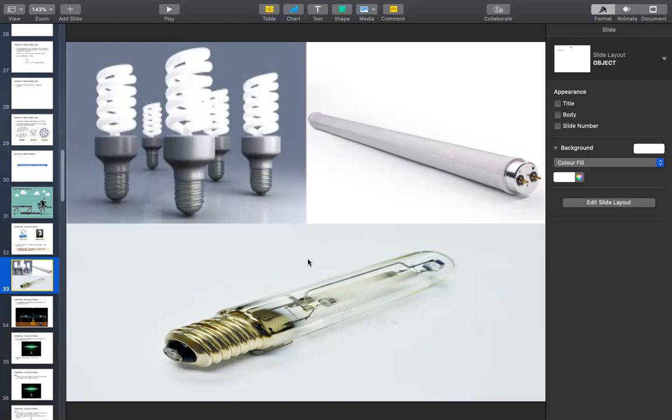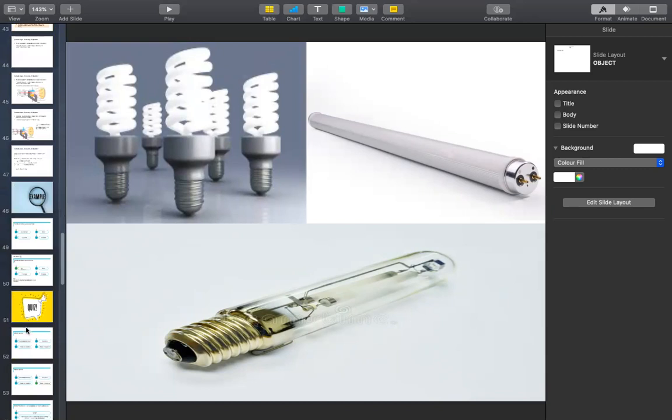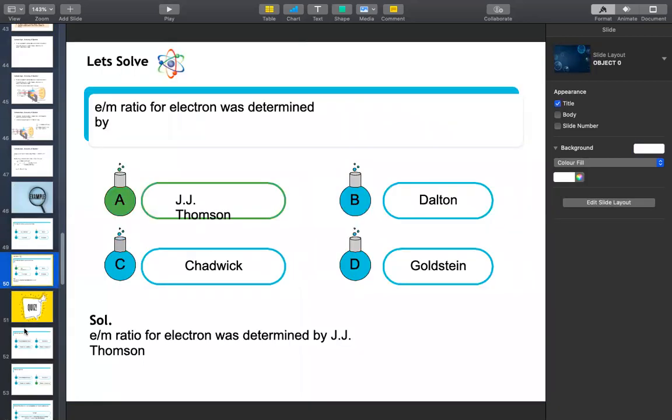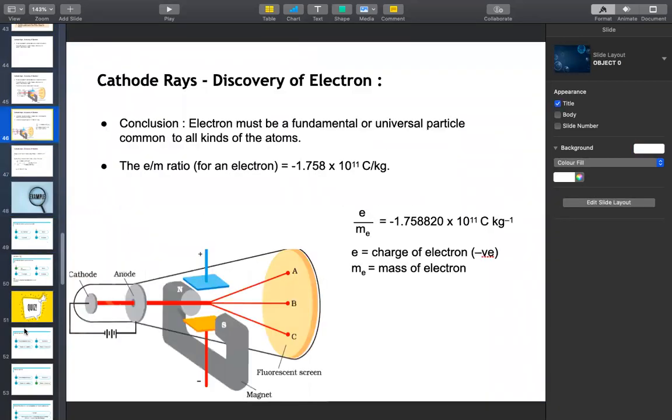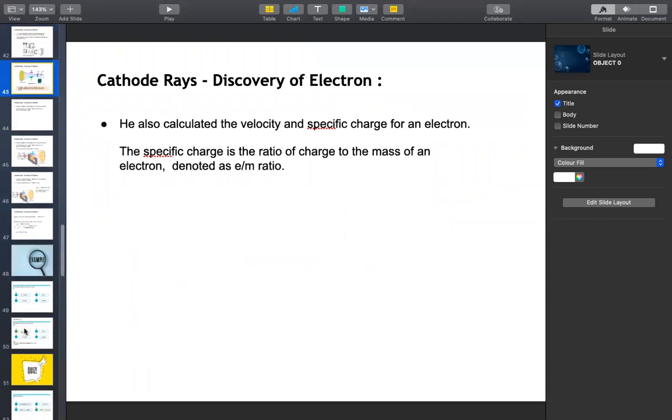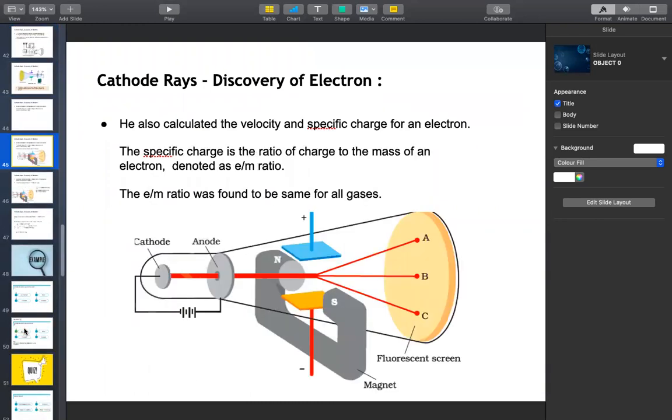Yes? Now, so quickly answer this question. Okay, now wait, I'll come to this. So this E by M ratio is clear. Guys, now